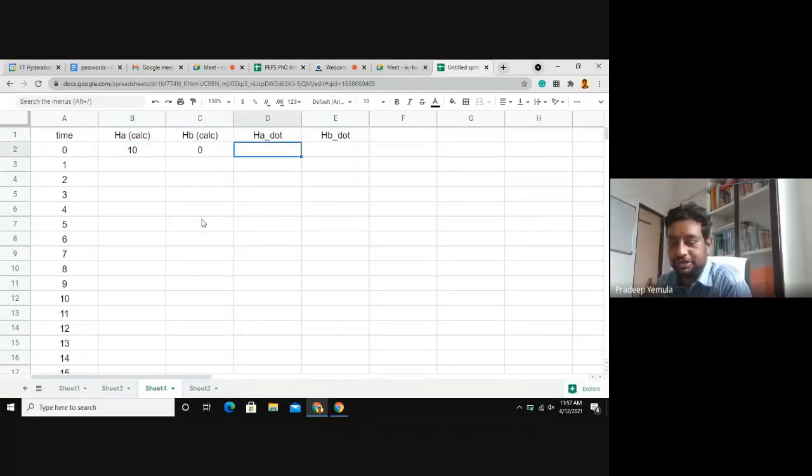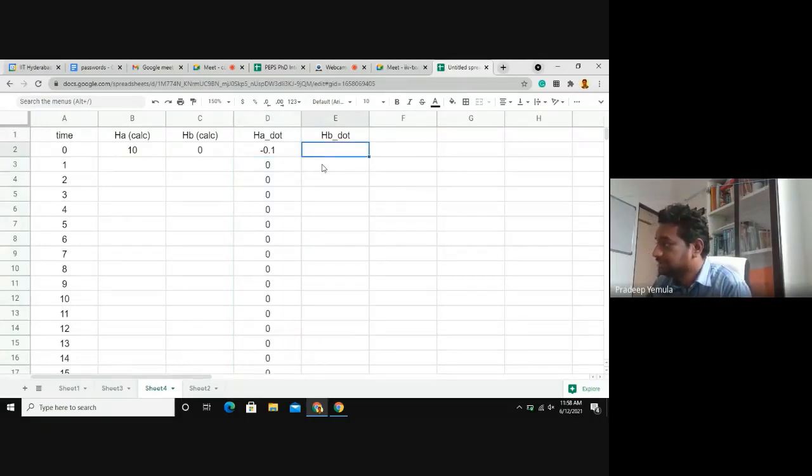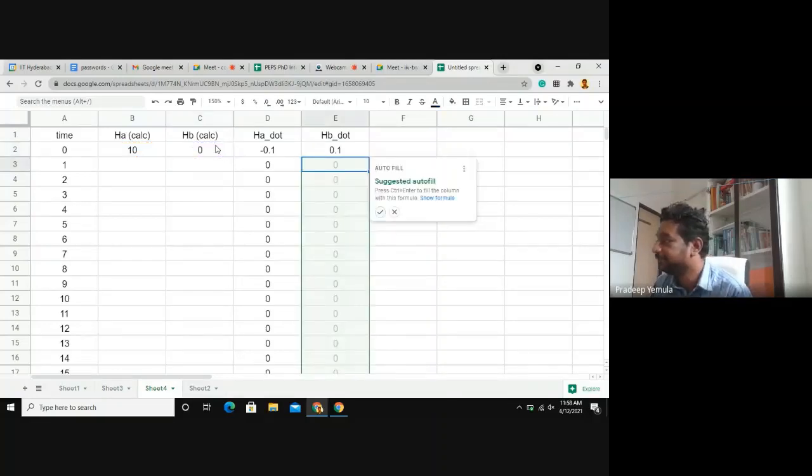So now what is this? This is nothing but HA divided by 100. Of course, I have to give a minus sign. And the same formula holds for all. Similarly here, it is equal to first HA divided by 100, plus, I'm sorry, that is plus minus HB divided by 100. Same formula I'm giving here.